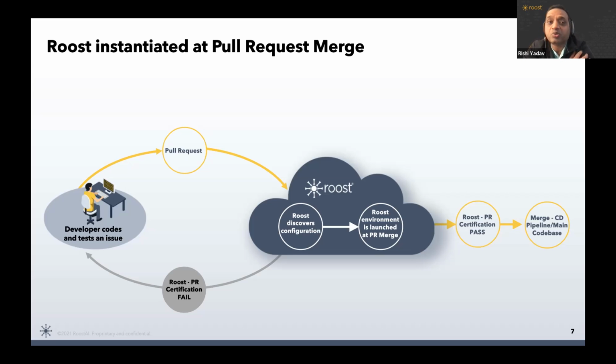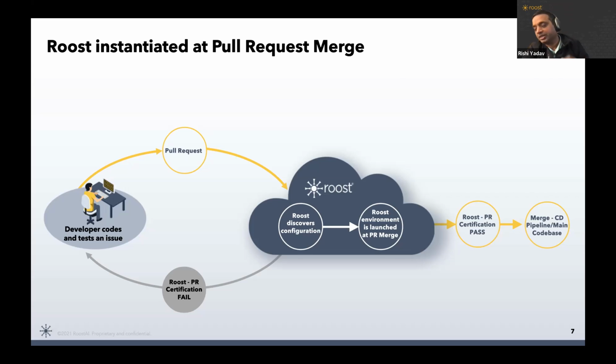For example, product managers always have this issue that they either have to wait for a release to happen, or they have to sit next to the developer to see how the release is going to be, and whether there are any gaps, right? So Roost solves those problems. And when the pull request merges, at that time these environments automatically get deleted.